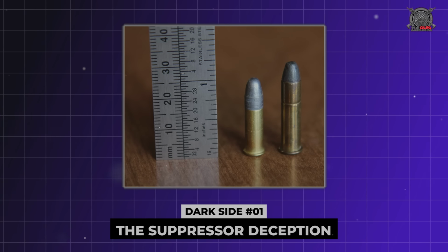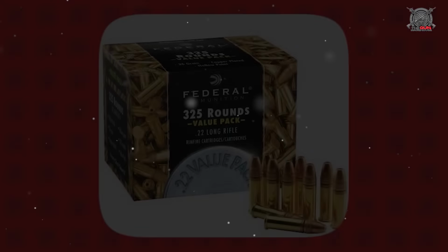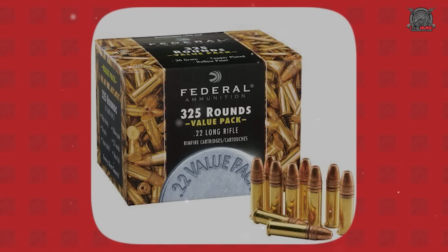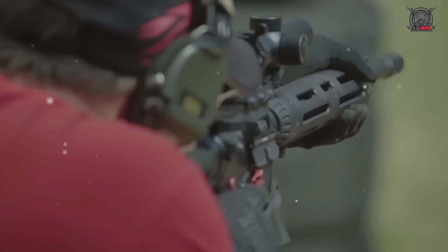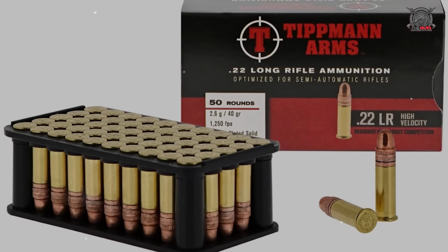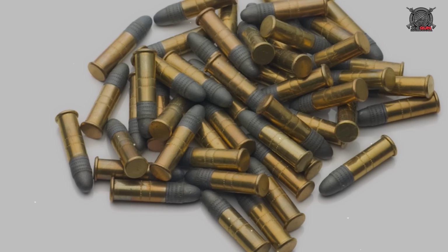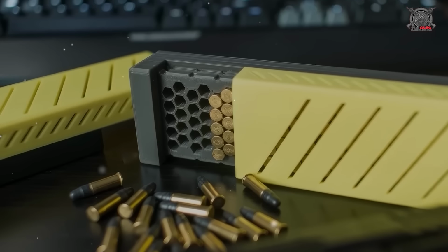Dark Side 1. The Suppressor Deception. The .22 LR is often touted as the perfect suppressor host, with manufacturers claiming Hollywood quiet performance when paired with the right can. Having tested dozens of suppressor setups over the years, I can tell you firsthand, this is largely marketing fiction. While it's true that suppressed .22 LR is significantly quieter than centerfire calibers, the reality is more nuanced